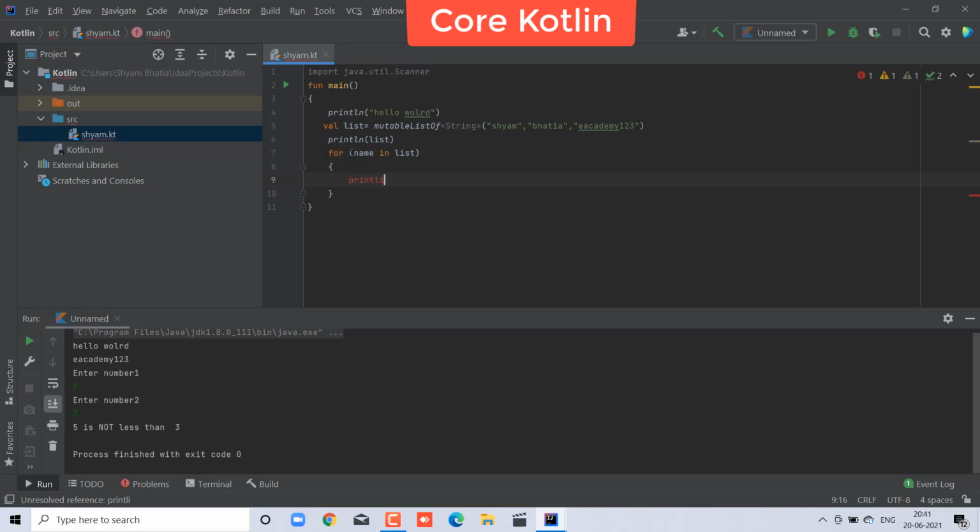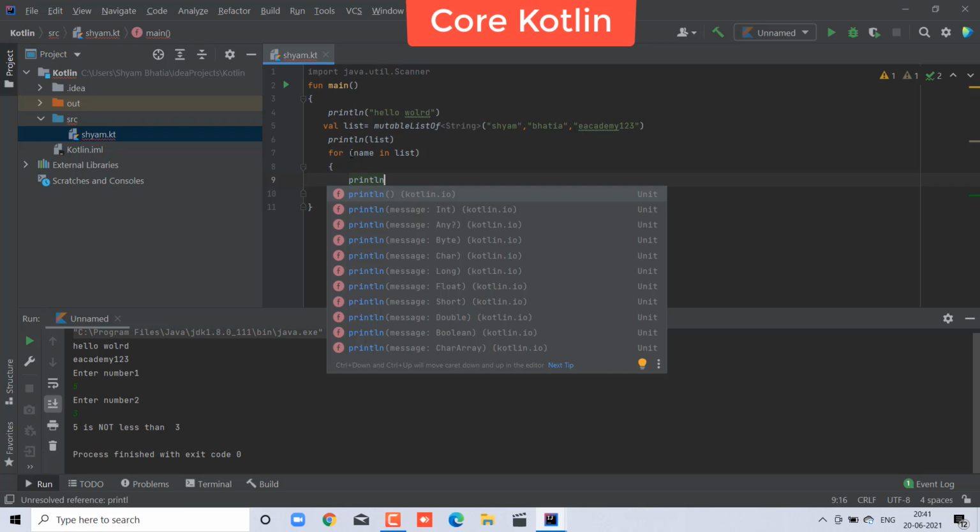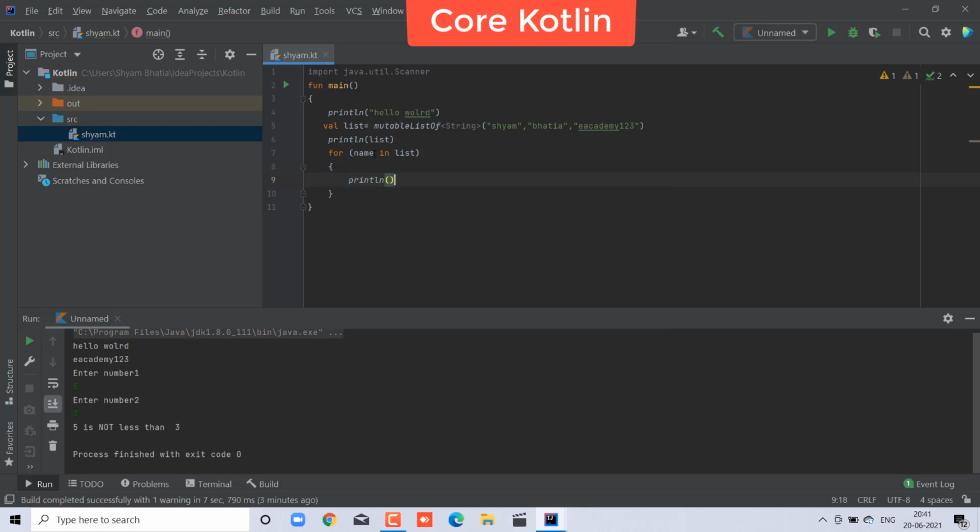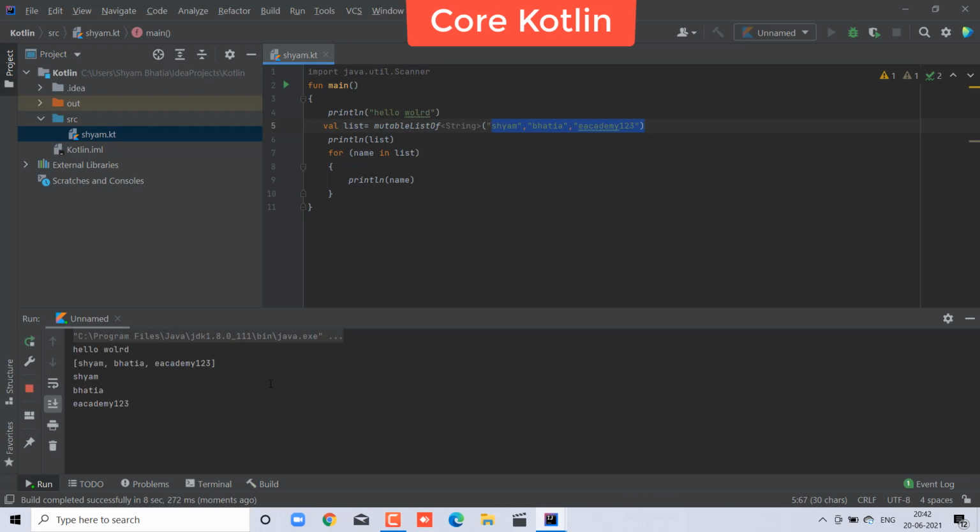And inside, let's say println, and inside the println take every name, whatever name is fetching from here. Okay, it's perfect. Control S and all the elements in it will be displayed here. Just I am running it, so in a few seconds all things will appear on that terminal. Okay, so the output is coming here.